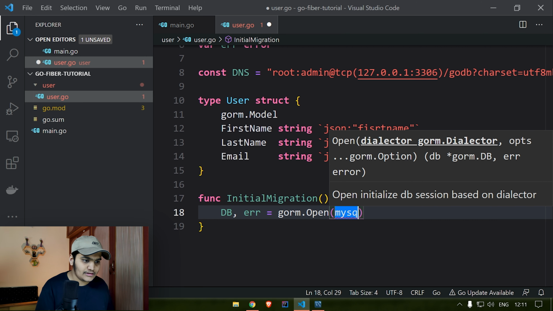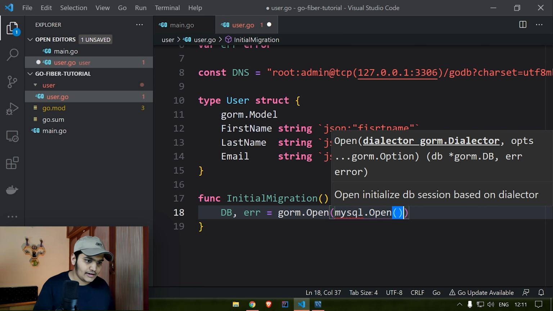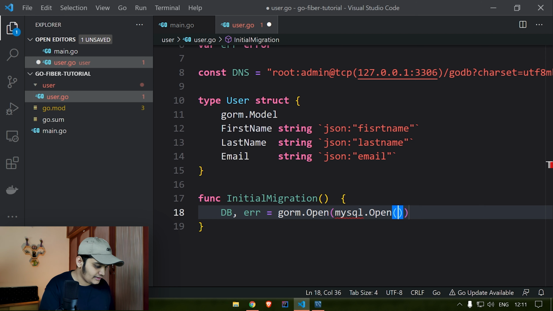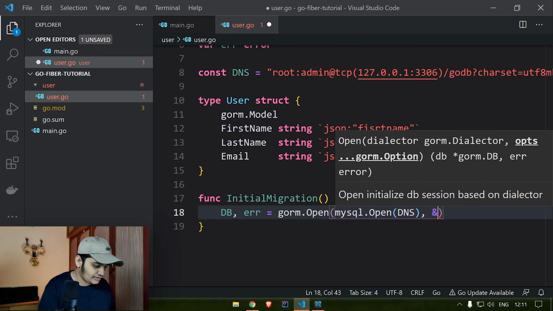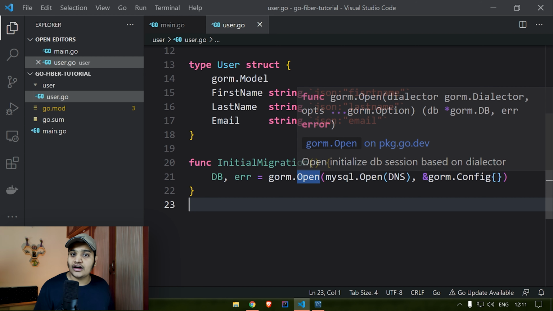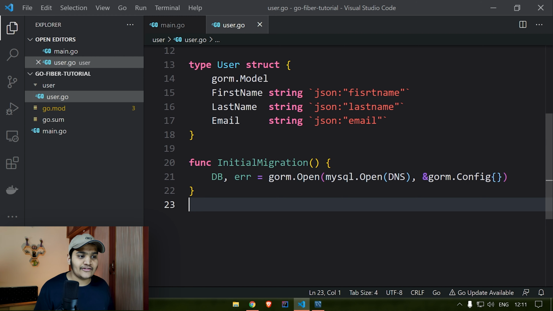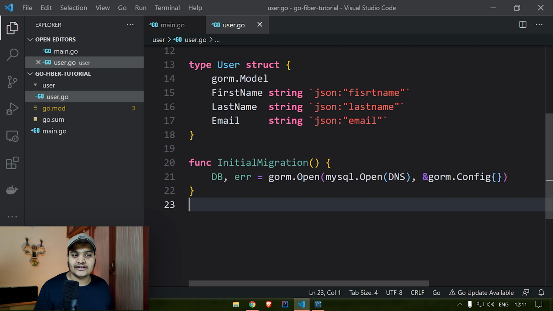Here I'll say mysql.Open, and here I need to pass my DNS, and I need to pass the gorm configuration. So we are using the gorm.Open function, passing mysql.Open with the DNS that we have defined, and the gorm configuration, and we are storing all this information in our db variable.